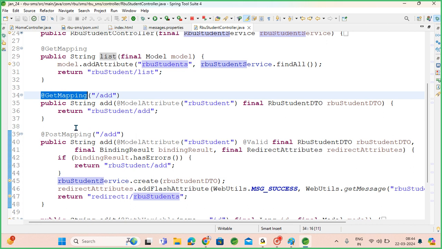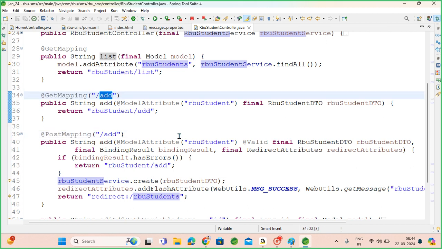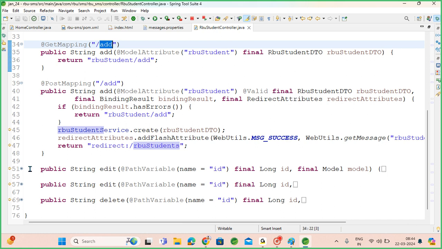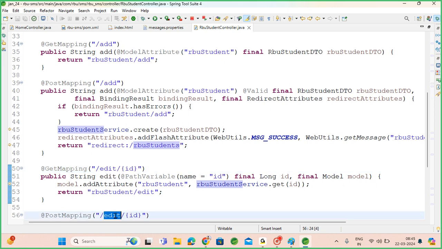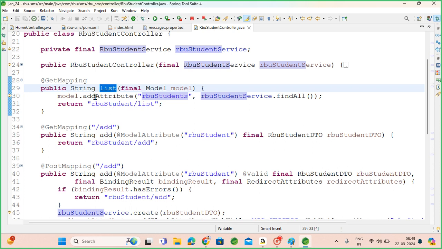If I use same get mapping with the same URL pattern, it is not allowed. It will go to ambiguity. Okay, confusion state. It will not function like that. Okay, now one more get mapping with action is different. Edit action. Okay, so when I use this list, what I am doing, using this model attribute and adding model